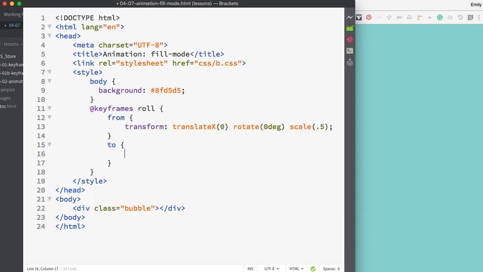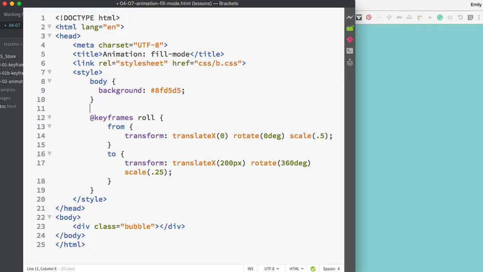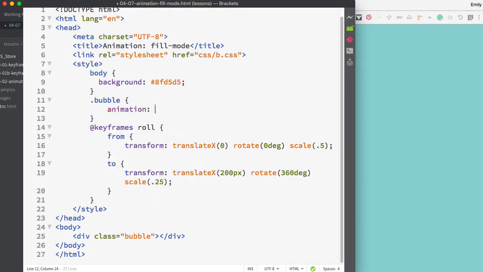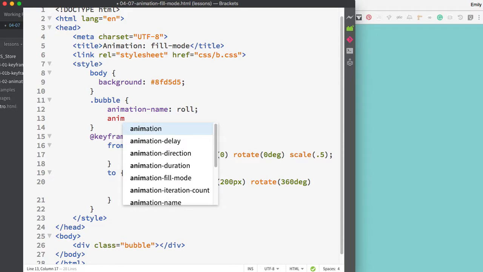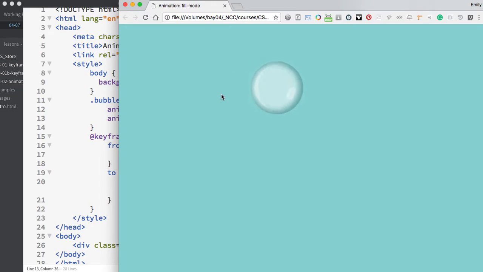Then I'll go ahead and add the to property. And again, I'm going to translate in X, but I'm going to translate 200 pixels. I'll rotate 360 degrees, and I'm going to scale 0.25. Now I'll need to apply the animation to the bubble element. So I'm going to use bubble. I'm going to put animation-name, and we're going to call the animation roll, and for the animation-duration, we'll just say that this is going to have 3 seconds. So if we play this, you can see that this element is going to roll across